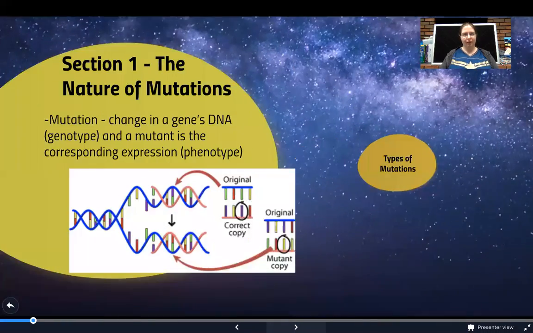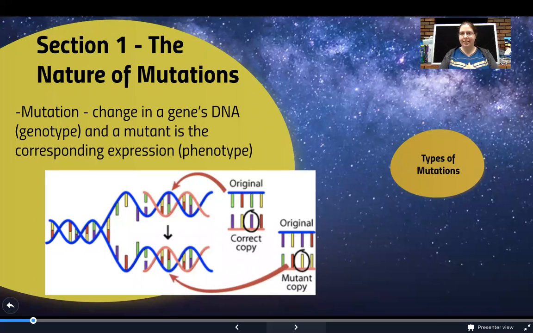All right. So, section 1, the nature of mutations. As we said, a mutation is a change to the actual DNA within a gene. Remember, you have your DNA, and it's made up of these things called nucleotides. And nucleotides involve a sugar, phosphate, and base. So what a mutation is, it's a change in the bases. So whether you're switching one base for another, and if you look at the picture at the bottom,